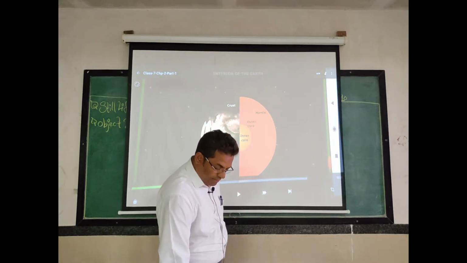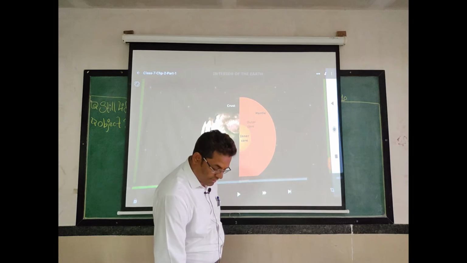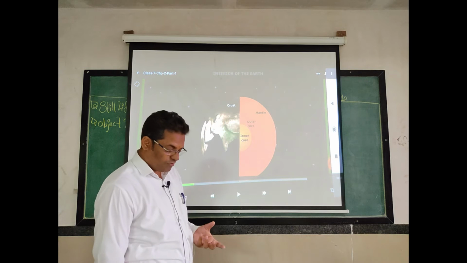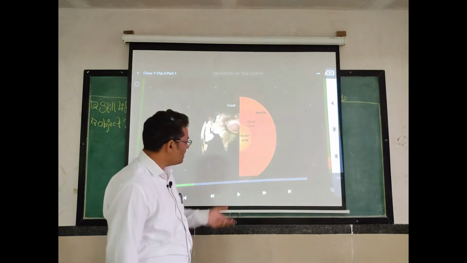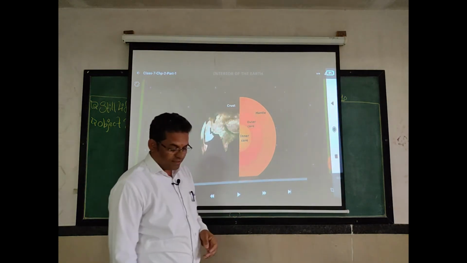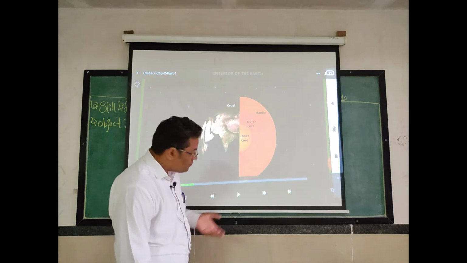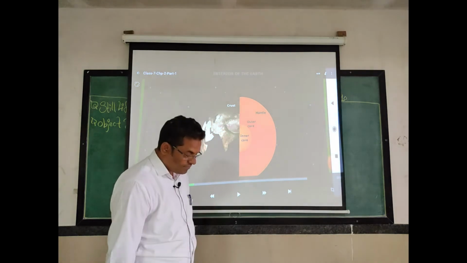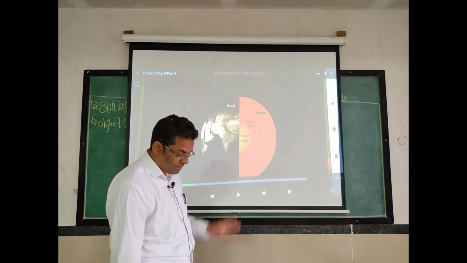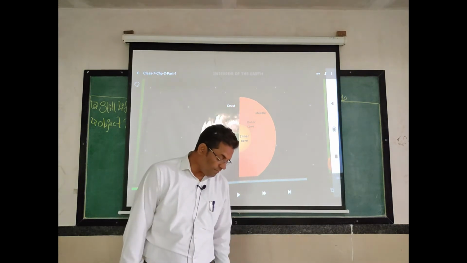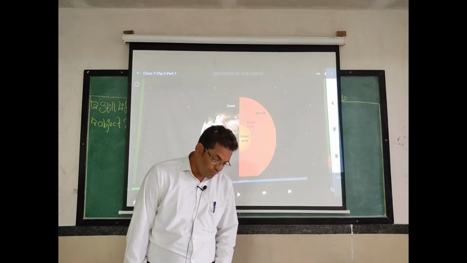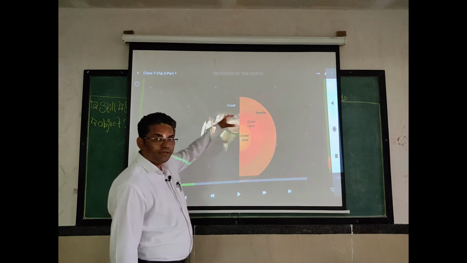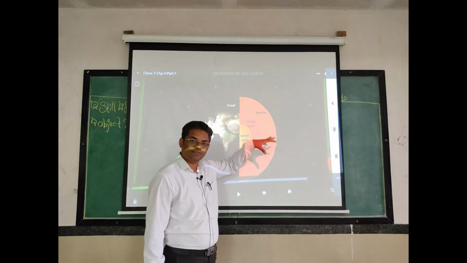So Ni for nickel and Fe, ferrous, is for iron, so Nife. This part is also called Nife. And this core, outer core and inner core, extends up to 3,500 kilometers, the radius is 3,500 kilometers. See, one more thing I will explain about this, that till today man has successfully dug